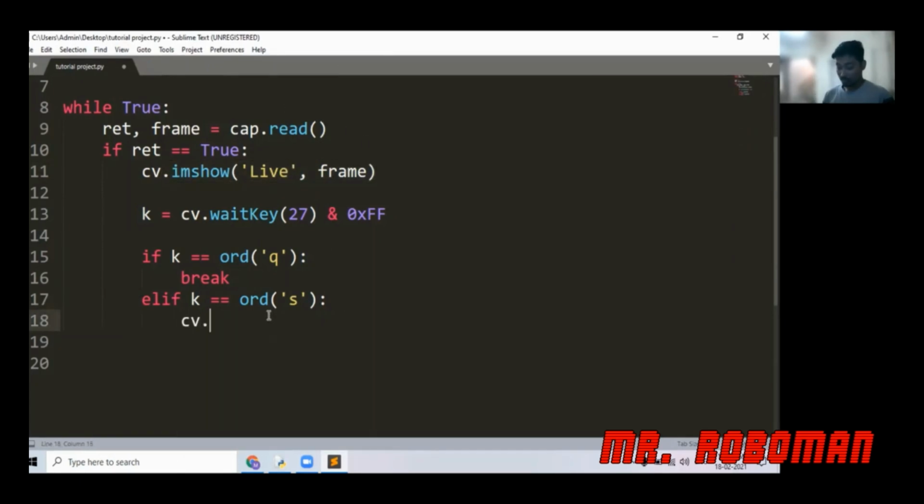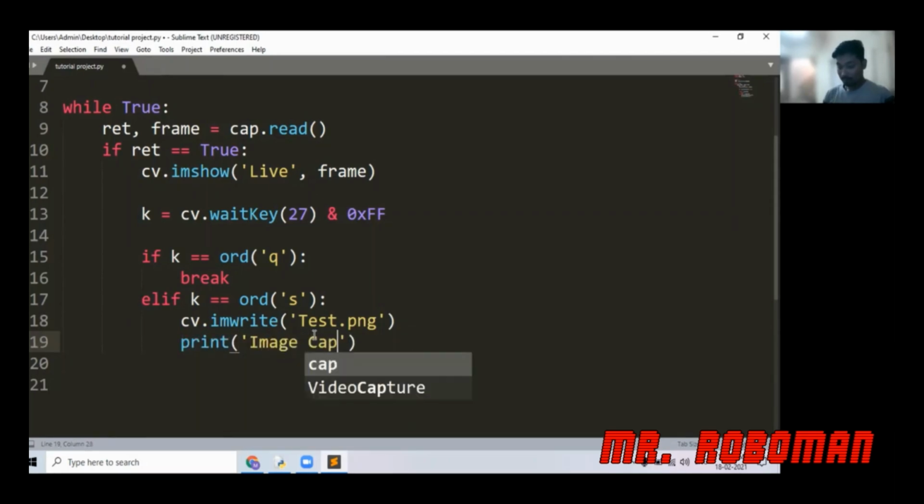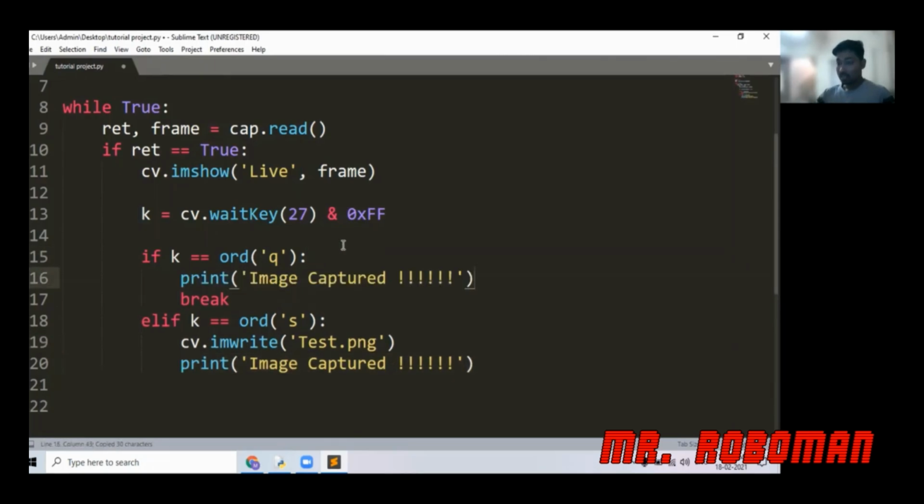So I'm using cv.imwrite, and in cv.imwrite first I have to give the image name, let's say test.png or jpg, whichever extension you want to use, and you can print image captured. The symbols as well can make it look fancy. And I can copy and paste it over here and make it exited from code.